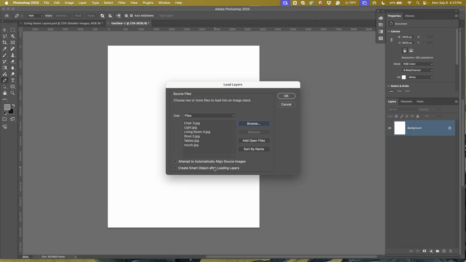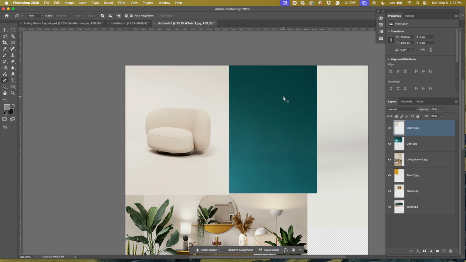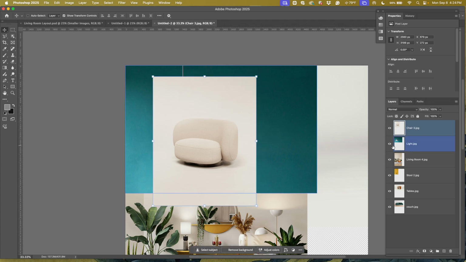And once it does this, sometimes there'll be instances where you're going to want to use a smart object. But for the sake of what we're just doing here, we're going to just press OK. And then give it a second to run through the script, okay? So when it runs through the script, think of the script like an action. It's a sequence, right? It's already built into the situation here. So if I come here and I press the V key for Move, I can then move my individual images here. But when I do this,